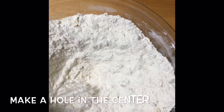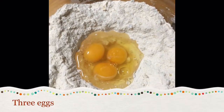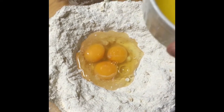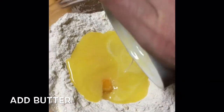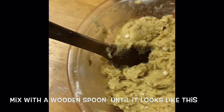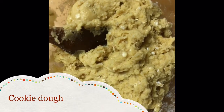Next, I make a hole in the center so that I can put the next part of the ingredients in the center. As you can see, I decided to add 3 eggs. Next, I'll add some melted butter, which I just melted in the microwave. It's about 200 grams. I used a wooden spoon to mix the ingredients together, and that's cookie dough, the basis